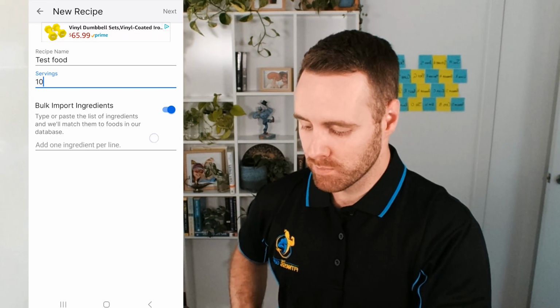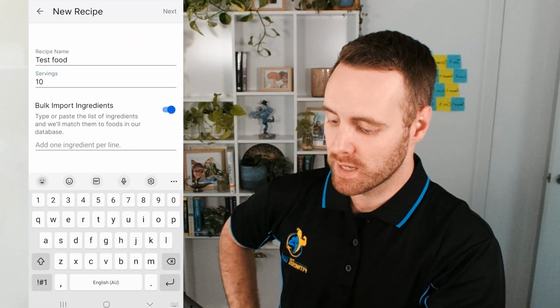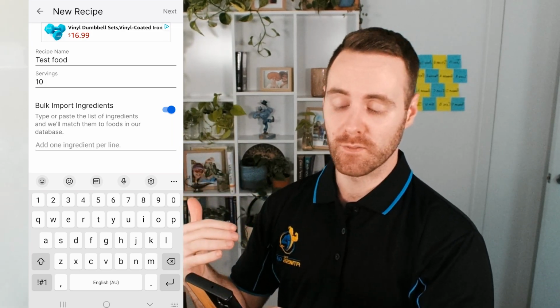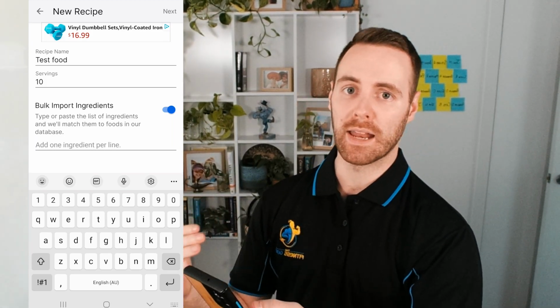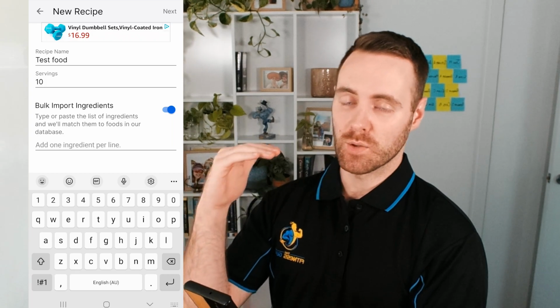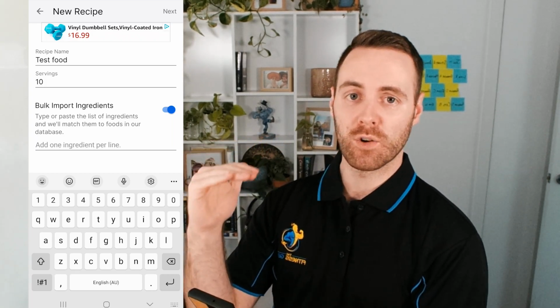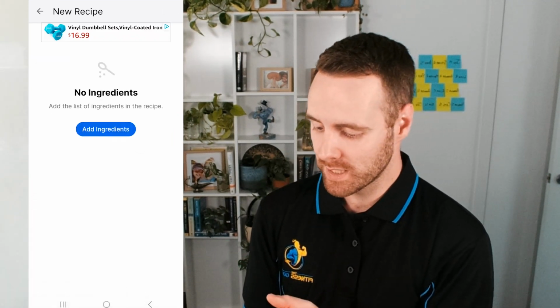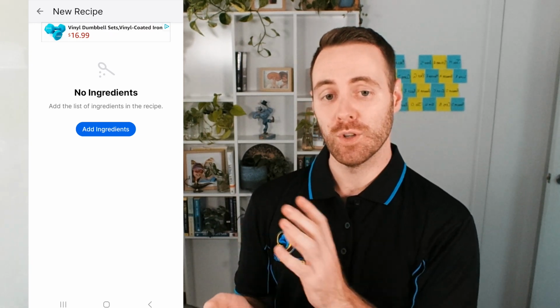If you want to bulk import ingredients, you can chuck them all in there and they will start coming up exactly the same as logging food would. I'm not going to go through this whole thing and add an entire thing in for you. It's going to import them one ingredient at a time. And then at the end of this, if I just click on next and do all of that, because I haven't added any ingredients, at the end here, it will just sort of tell me, okay, cool, you're making this recipe. This recipe is